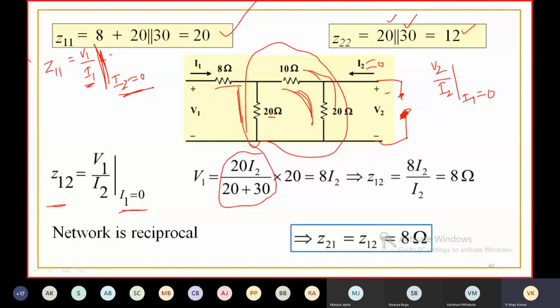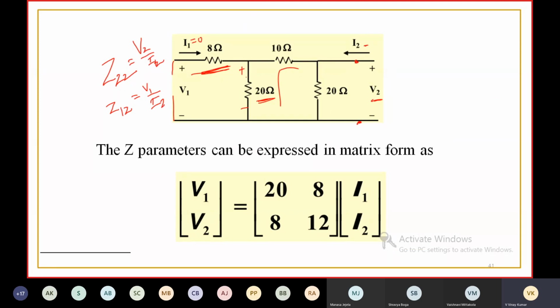You're going to find the current flowing through this when you open this port. What is the current flowing through this? This current is equal to the total current I2 into the opposite resistance, 20, by the total resistance, 20 plus